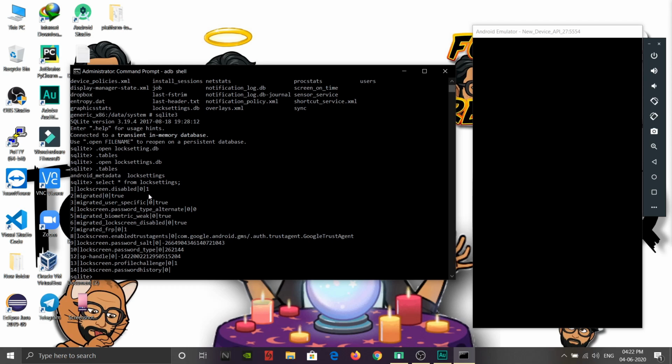So now we are going to edit a few things in the database, like lockscreen.disabled, lockscreen.password_type_alternate and lockscreen.password_type. These are the three things which we are going to edit. So let's start this by typing the command update